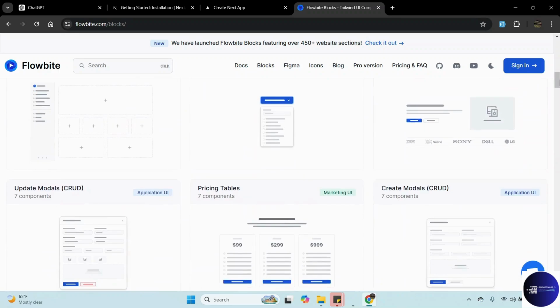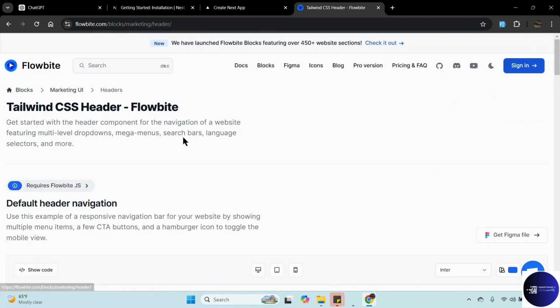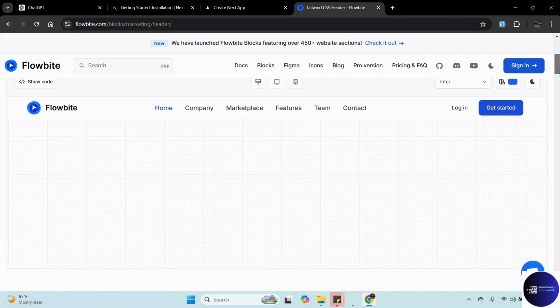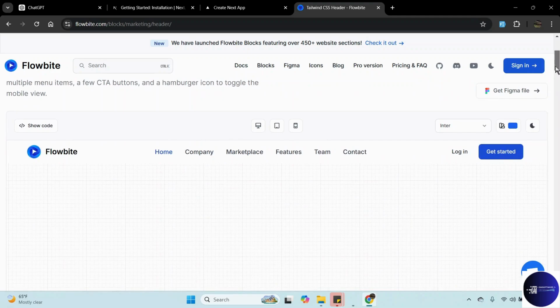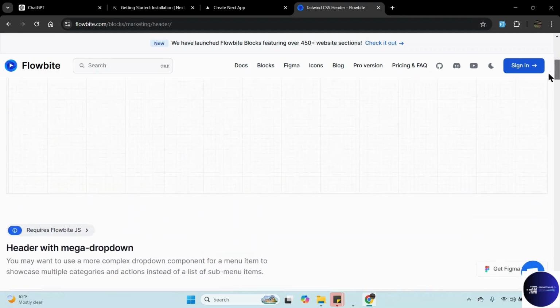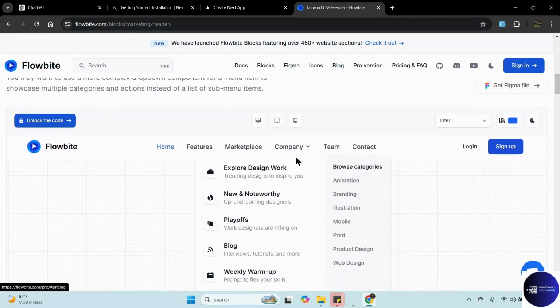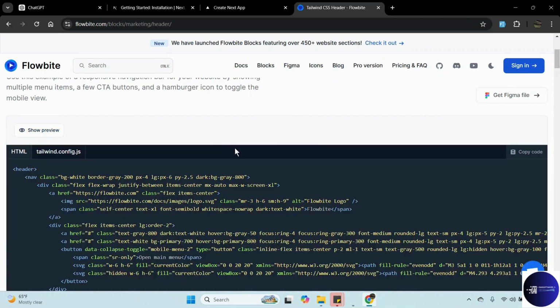And find some headers here. You can find any of these that you can use. I don't know which one, this one or any of these headers, but some are free, so you need to sign up. If you choose to just go with this one, it's actually fine. You can copy this one